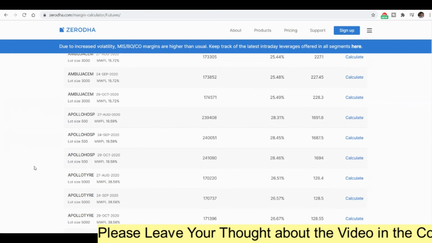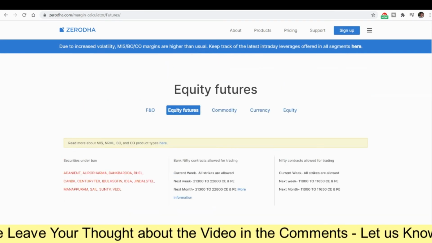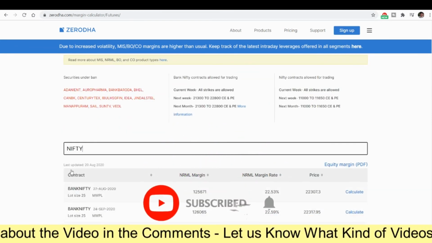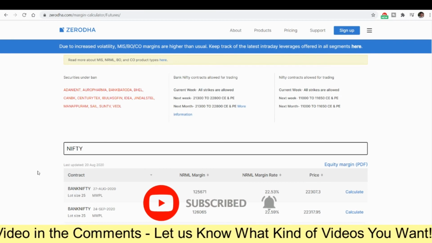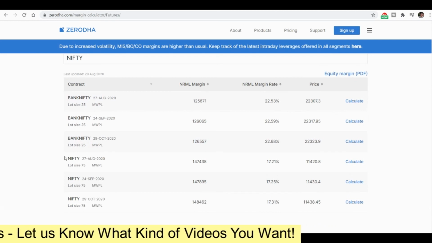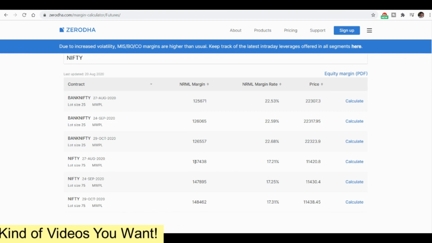Similarly you can also use this for Nifty and Bank Nifty. Most of the people will be doing this. You can also do futures here if you are tired of options. So we have 1,47,000 for Nifty, and Bank Nifty 1,26,000. The lot size is 75 and 25. So similarly, whichever stock you think is going to go positive, you can go and do futures trading. So this is one of the things that I wanted to let you know.